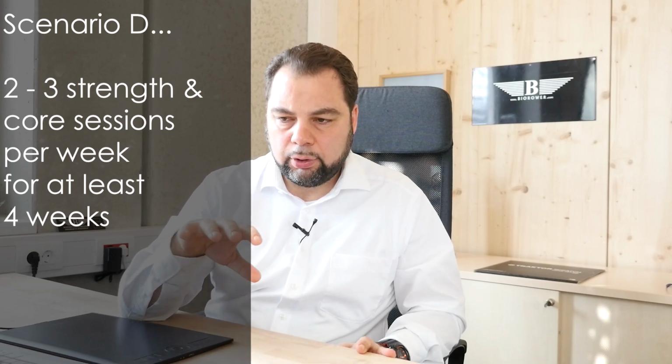And after 3 weeks, I would refrain from doing a lot of strength. I would keep the core up. One of my core sessions, you can do at least once, twice, 3 times a week, and start to move into endurance. So every second day, 60 minutes, every other day, 30 minutes. And every third day off, so nothing rowing specific. And if you follow this for about 3 to 4 weeks,